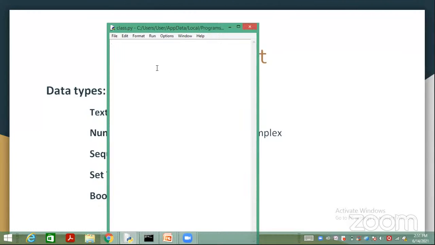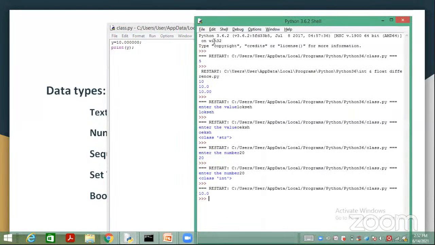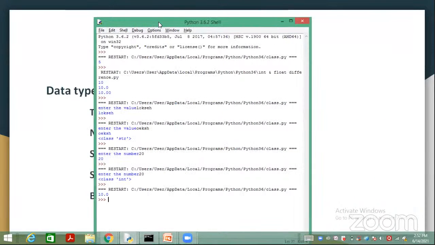Supraja has looked once. I'm giving y equals 10.0000000, and now I'm printing the value y, which is a float value. Now I'm getting 10.0, but my